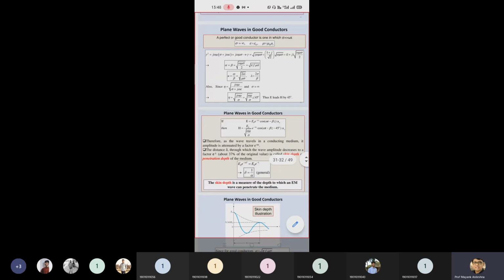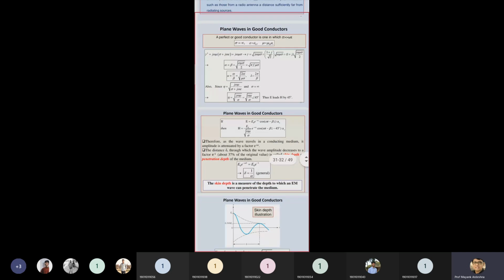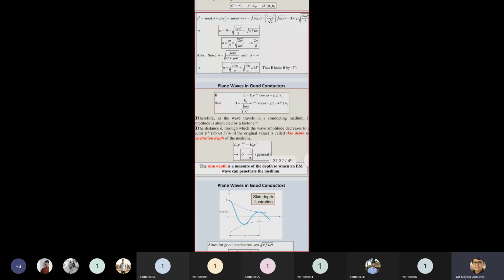So this is the equation for plane waves in a good conductor, the same equation but mentioned in a different way. Now we concentrate on these two equations, where we assume we are transmitting the electromagnetic wave through a good conductor. The equation is almost similar: E is equal to E0 e raised to minus alpha z cos of omega t minus beta z in the a_x direction. If I divide by the intrinsic impedance eta, you get H as a similar equation divided by eta. So you get the electric field and the magnetic field.